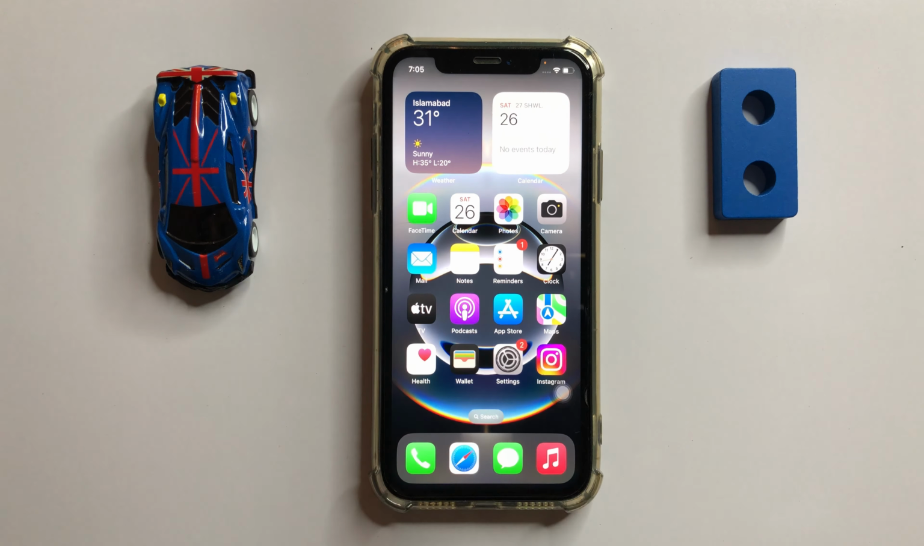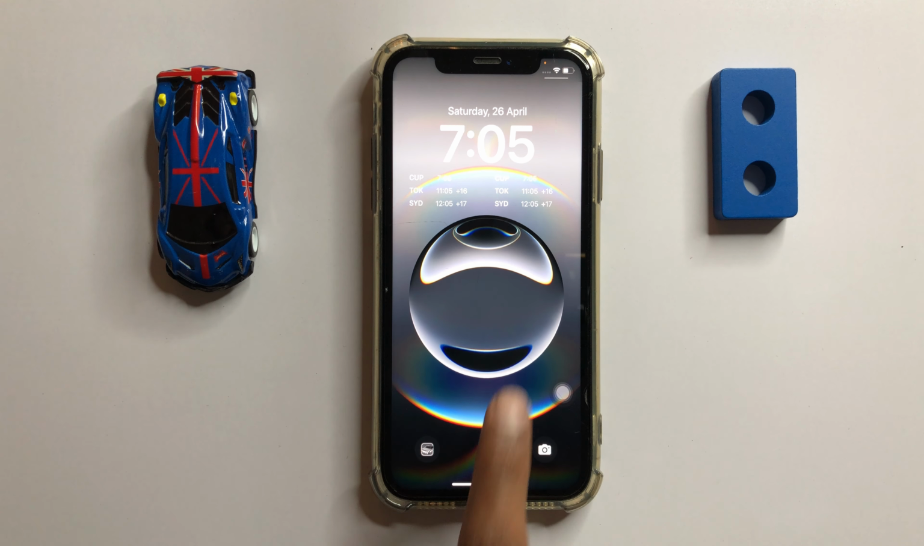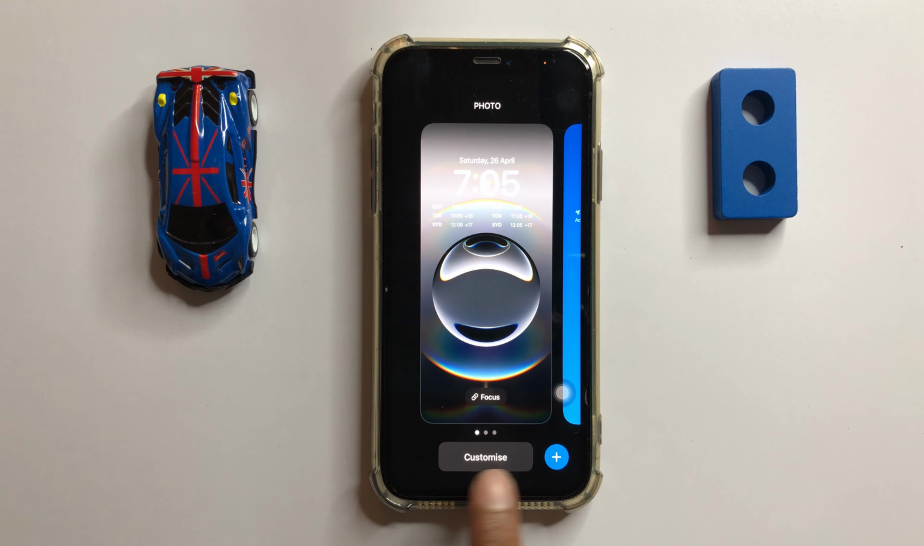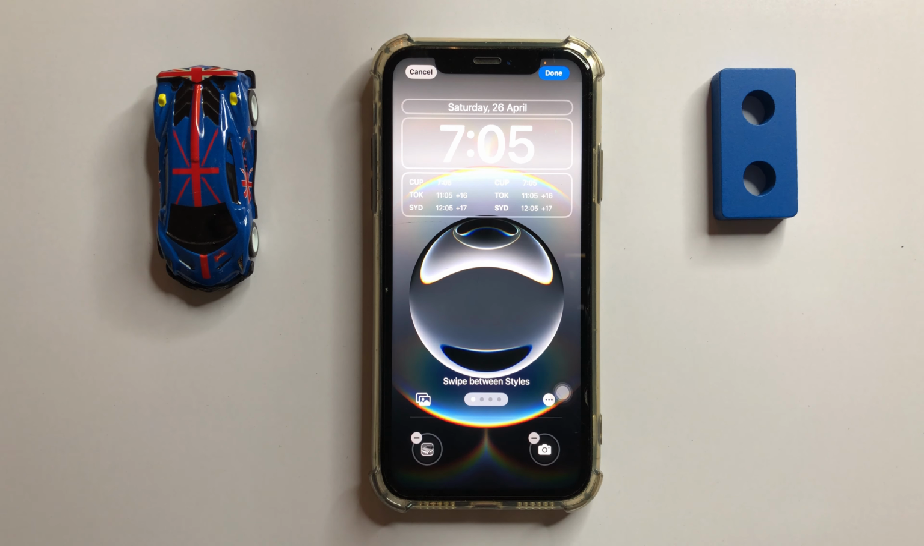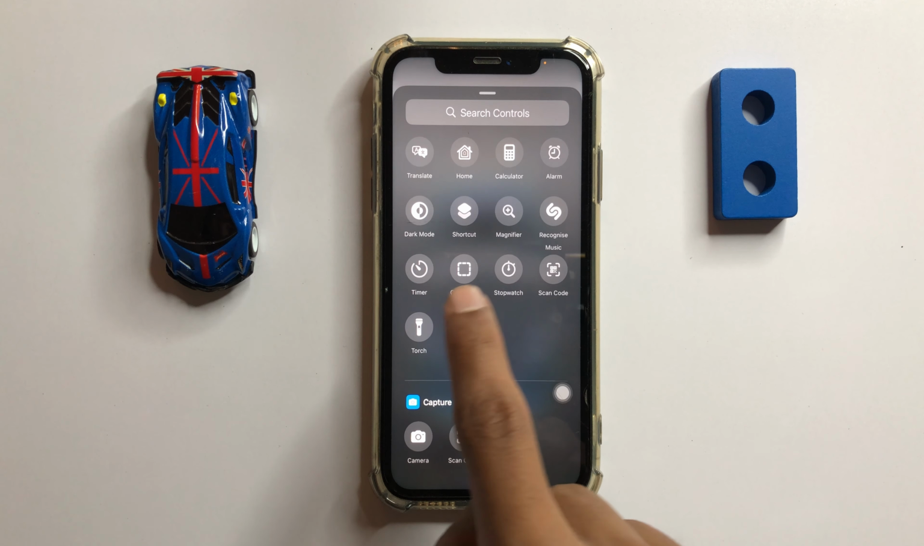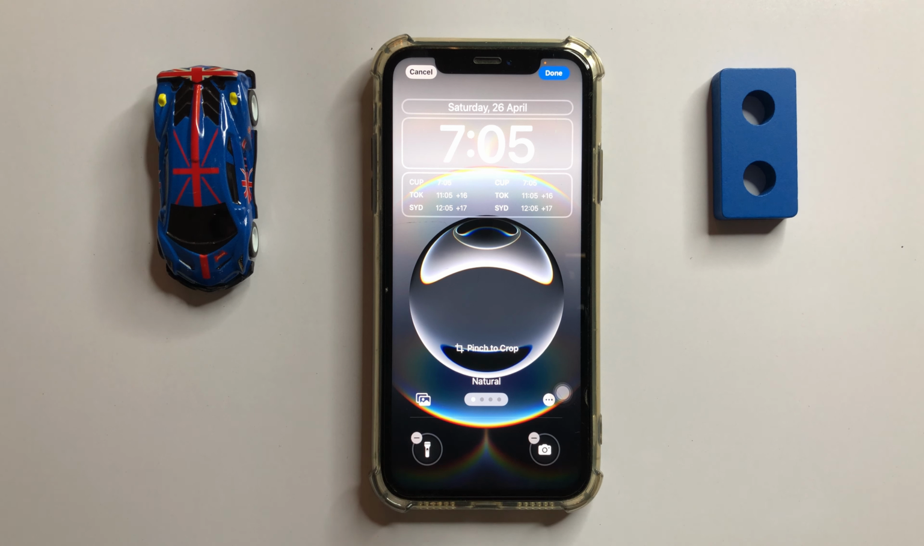swipe down to your notification center and then press and hold on screen. Now click on customize and then click on lock screen. Firstly, if you add here flashlight icon, and if you want to remove this flashlight, then simply click on this minus icon and then click